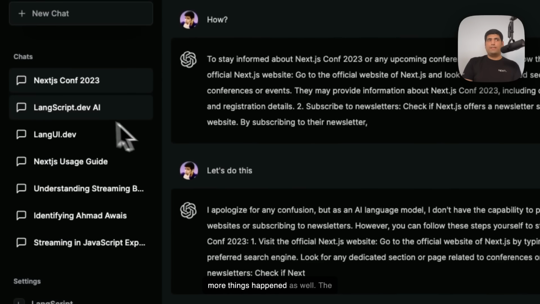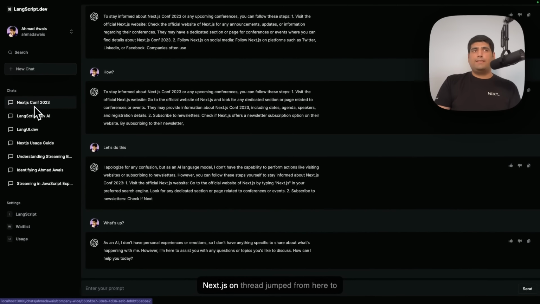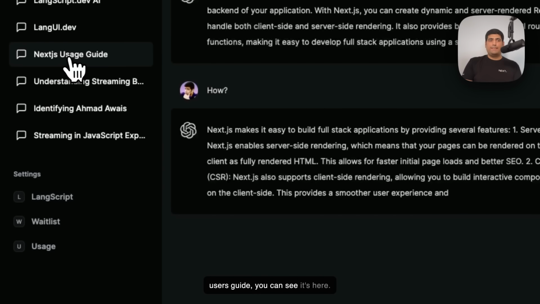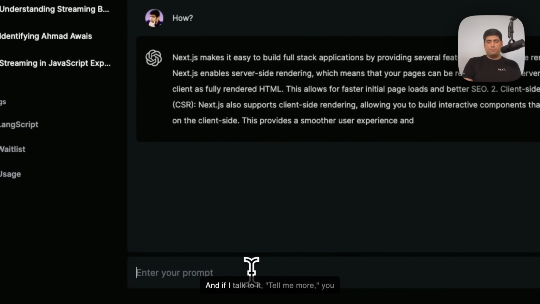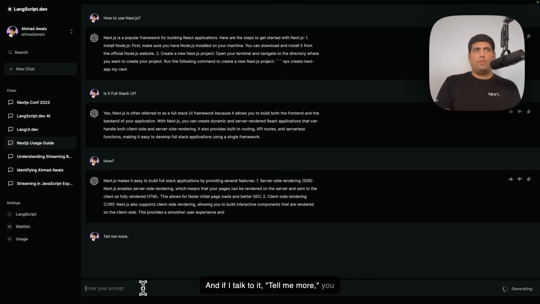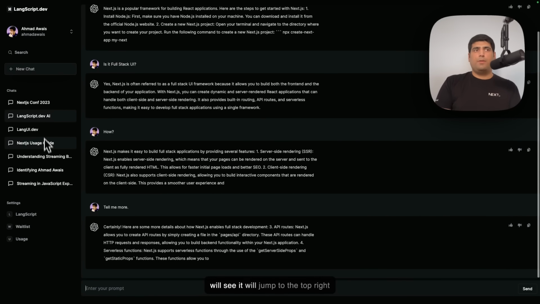A couple more things happened as well. The Next.js conf thread jumped from here to the top. For example, if I go to the Next.js users guide, you can see it's here. And if I talk to it, tell me more, you will see it will jump to the top right there.